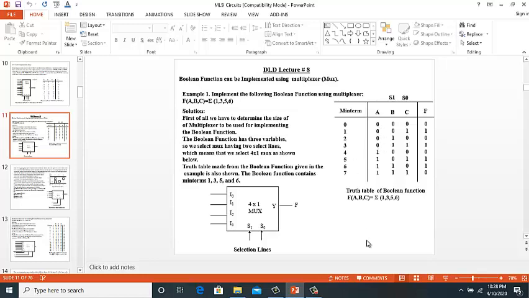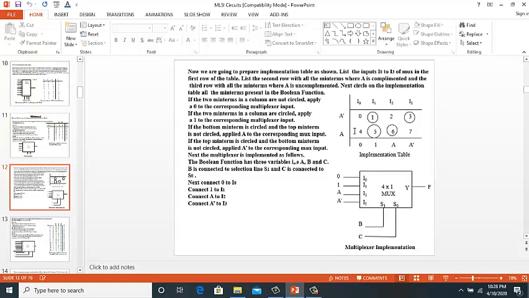So in the implementation table, against a bar we write minterms 0, 1, 2 and 3. In the third row we write all the minterms in which a is equal to 1.